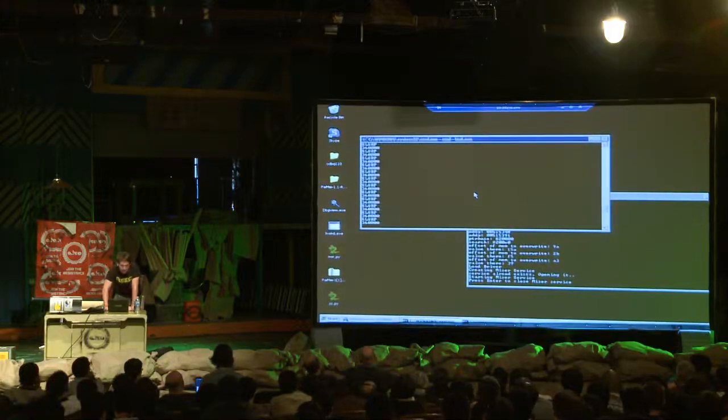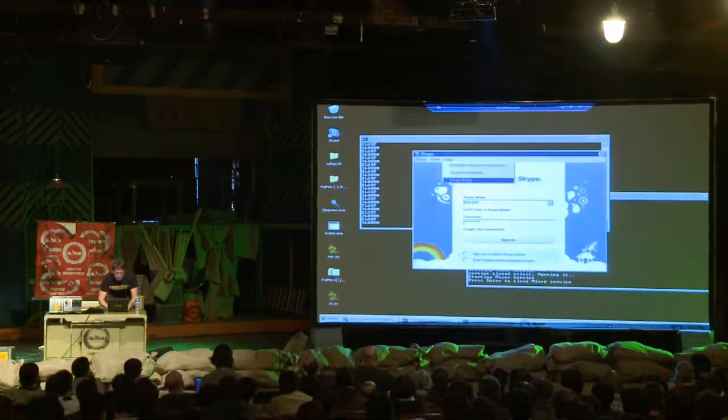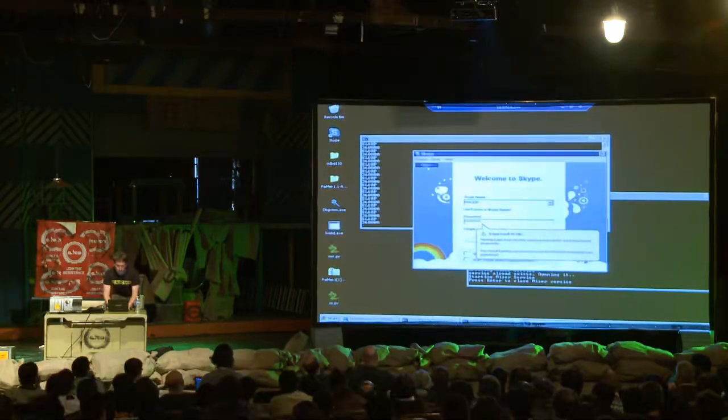As you can imagine, if you run a giant program like Skype, it's going to be doing a lot of things to start up. So the performance is still pretty good. I can't actually log in here because I'm not connected to anything, but you can see that right now, trust me, the code has checked to see if the debugger is attached or anybody's tracing it, and will exit. And you can see performance is